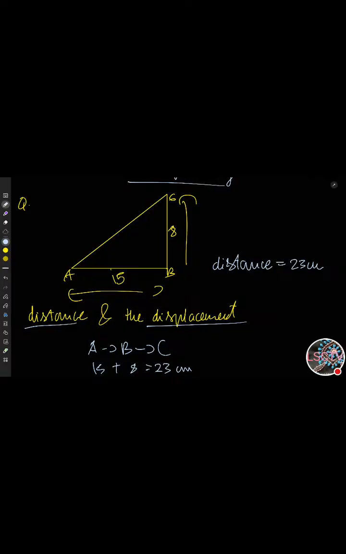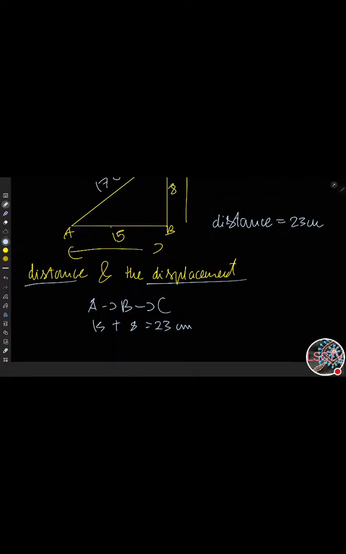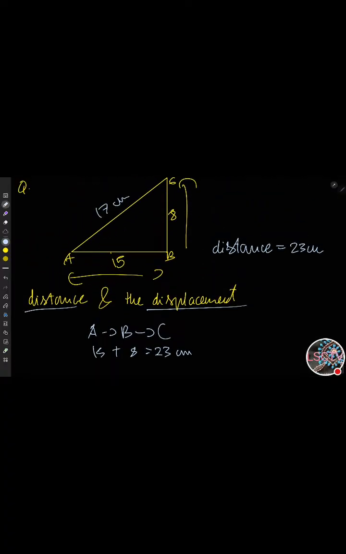17. Yes, that's correct. You are correct because of applying the Pythagorean theorem. Finally, I got one person who concentrates. And how 17? Tell me. How do you know it's 17? How is it the shortest distance? How will you prove it? Simple. There is this thing called the triangle inequality